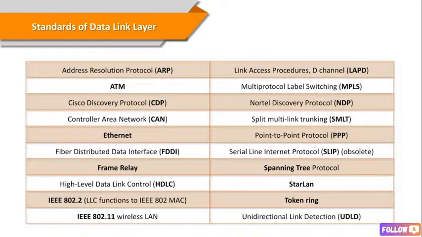So here we have some protocols in the data link layer and some physical media and connection methodologies in the physical layer. Ethernet and 802.11 wireless LAN are the best-known protocols of the data link layer. Ethernet is the name of the most commonly used network protocol that controls how data is transmitted over a LAN, which is a local area network. Now, you need to have a network interface card in the device that you want to connect to the network. I know it probably seems pretty obvious to you, but I just wanted to make sure that we're all on